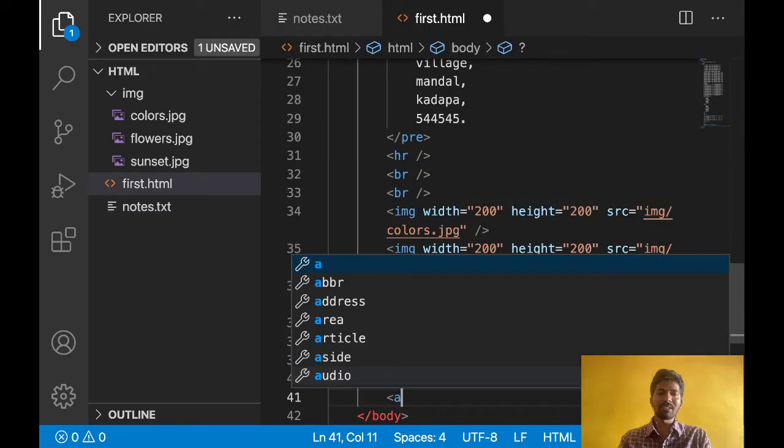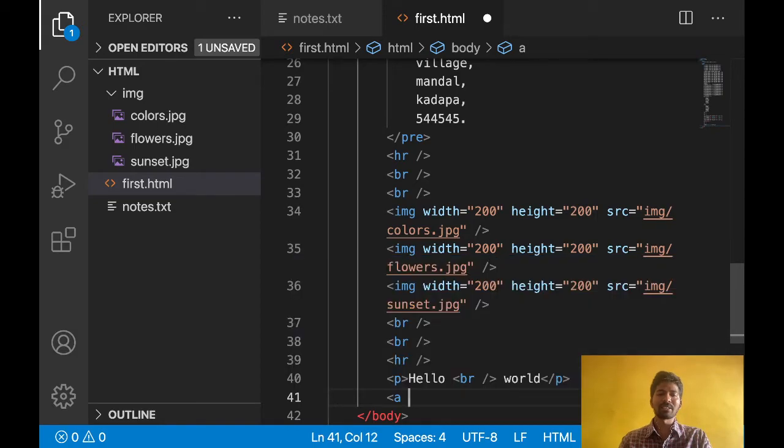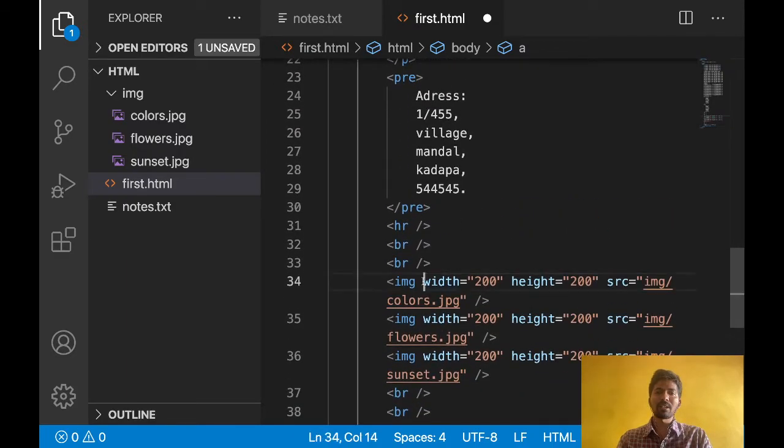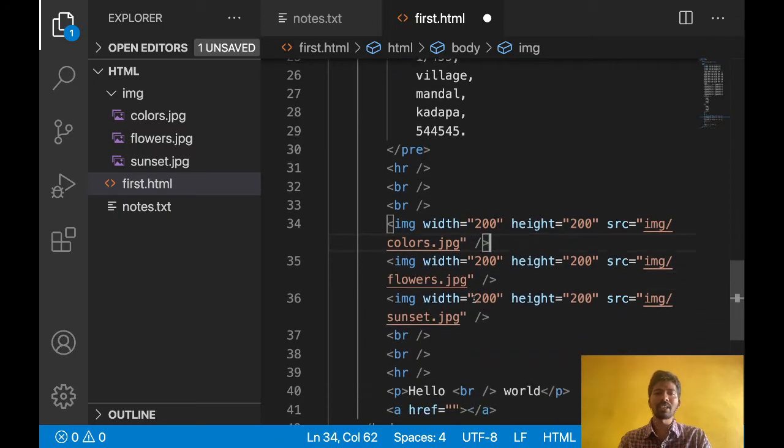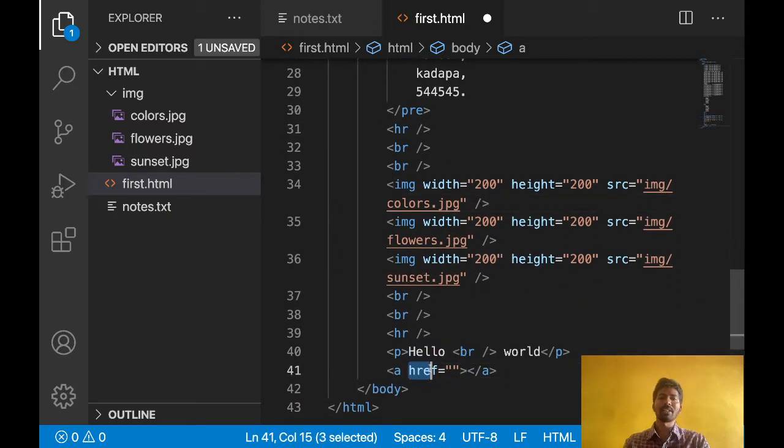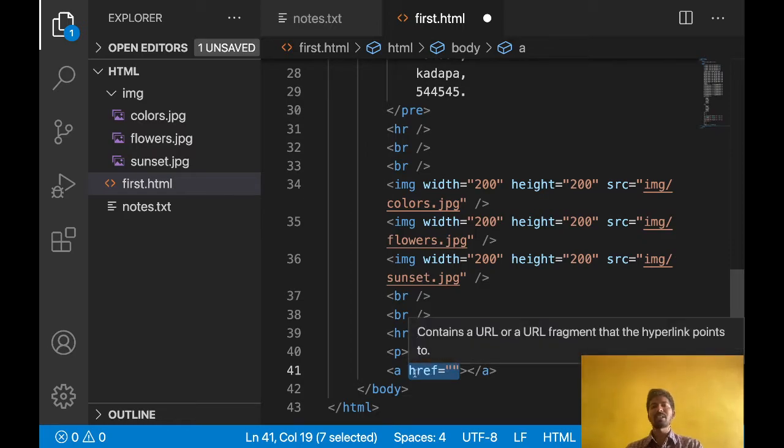So we will create a hyperlink using the a element. We will use the href attribute. Href is an attribute. Let's close the starting tag and ending tag. Attributes we always write inside the starting tag only. If you see here, all these attributes we write in the start. Here anyway there is no end tag, but if you have an end tag, most of the attributes we write in the starting tag only.